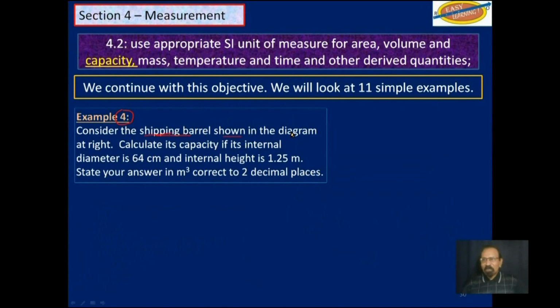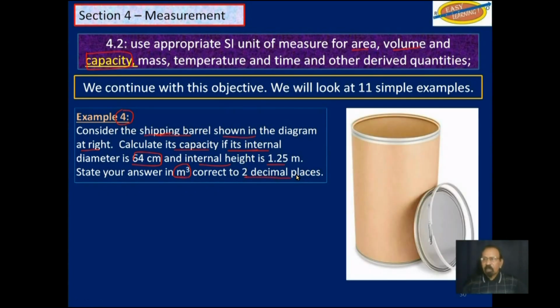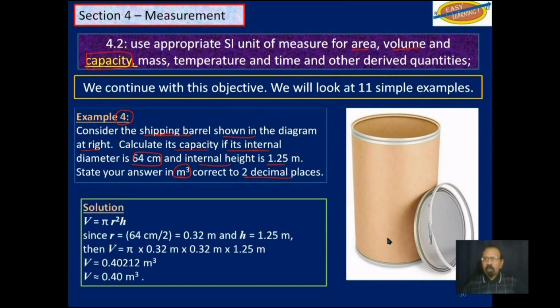Consider the shipping barrel shown in the diagram at right. Calculate its capacity. So now we are dealing with capacity. We already talked about area and volume. If its internal diameter is 64 centimeters, its internal height is 1.25 meter. State your answer in cubic meters, correct to 2 decimal places. So this is the shipping barrel. The internal diameter here is 64 centimeters and the height